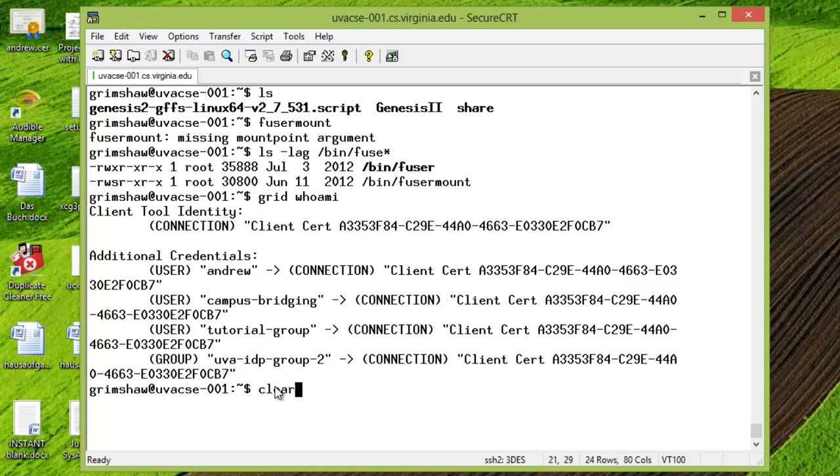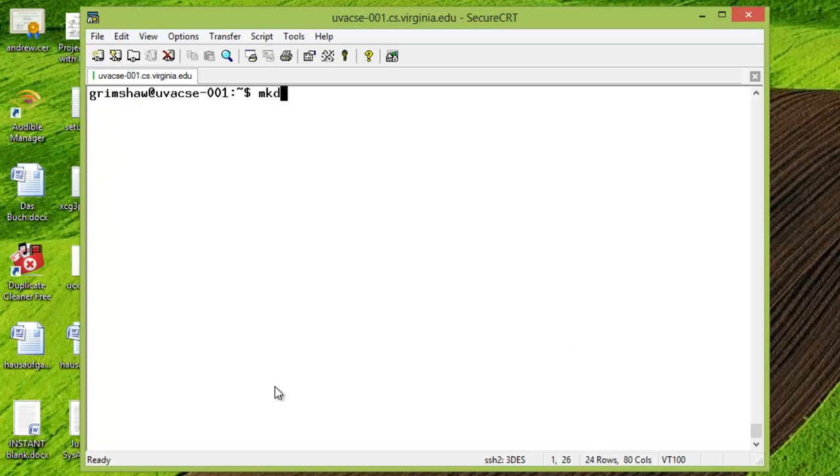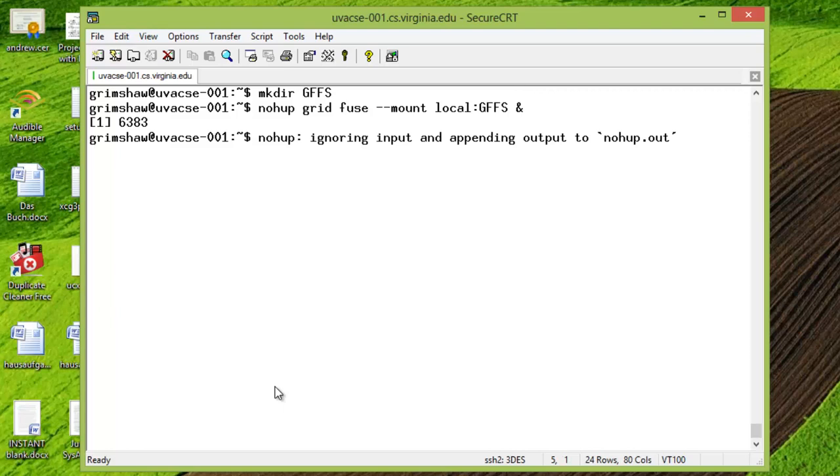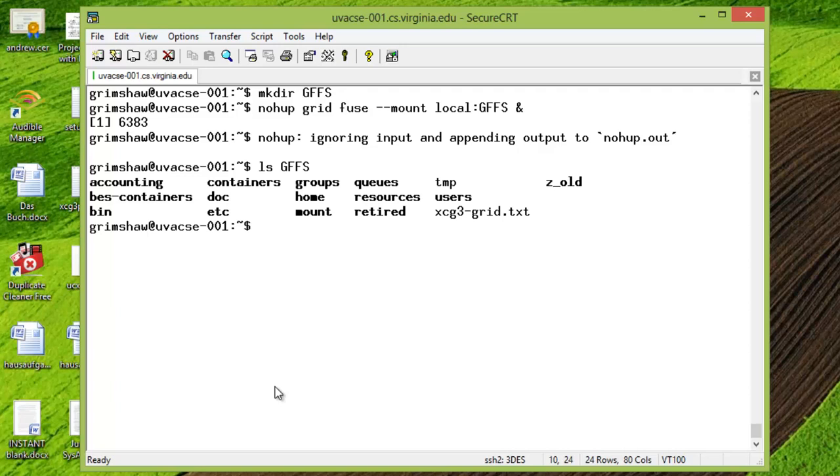Okay, so let's go ahead. We're going to clear. We're going to do an mkdir on GFFS to create the mount point. Then we're going to do that nohup that I just described a minute ago, and I'm going to throw that in the background. At this point, it's in the background and going. And in fact, if we now do an ls on GFFS, what we're going to see is that there's the